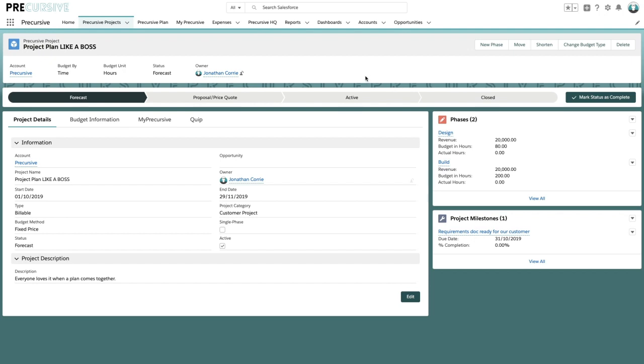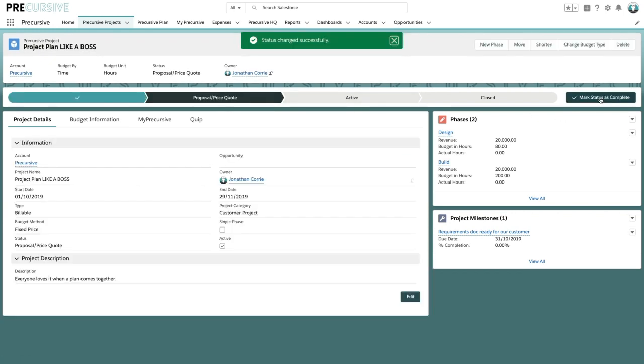So you can classify your projects in Precursive however you choose, and have this simple way at the top here of saying, right, we are actually moving this across to a proposal stage, for example, and various notifications can go out to the project owner, to members of the team that might be already thinking about this or planning for it. Again, to just improve that collaboration as we need to.